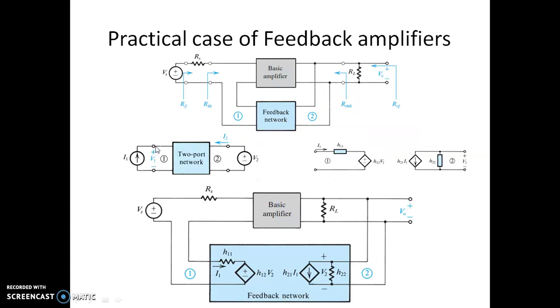So let us consider this basic amplifier circuit having some non-ideality in terms of RS, RL. Now we're going to replace this feedback network by a two-port network, which is represented by H parameters. Now you can see I have a basic amplifier. Now this feedback network is replaced by this H parameter network, because at this point you have a voltage source and you are sampling the voltage. Now we are supposed to find out what is H11 and the different H parameters of this.